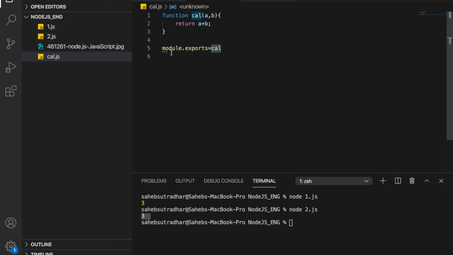So in real time, how are we using modules? Suppose you need some functionality to send an email on some event, like when the user has clicked something. In that case also you are sending a message to the user. If the user wants to purchase something, in the payment gateway also we are sending an OTP.